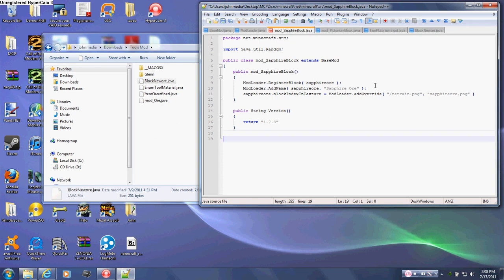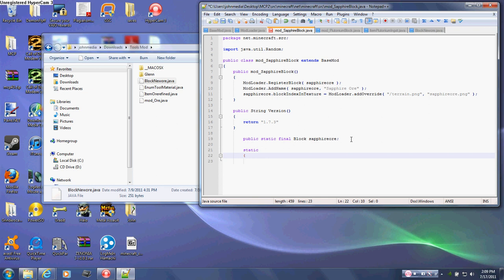Move down to the next line and put in public static final block sapphire ore and put a semicolon there. Oh, and I forgot, after the .png files you gotta put a semicolon after the bracket. So space down a few more lines, go back up and just put a space between the public static final and write in static. Then move down again, right under static, you want to put a bracket,